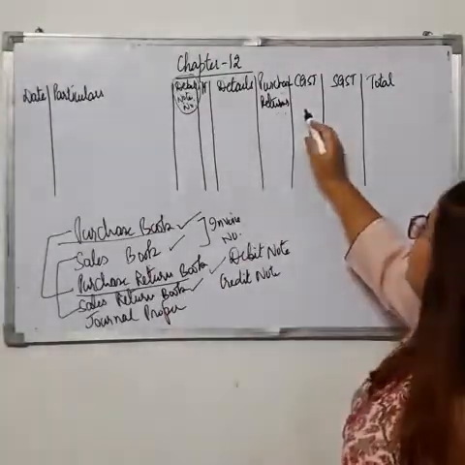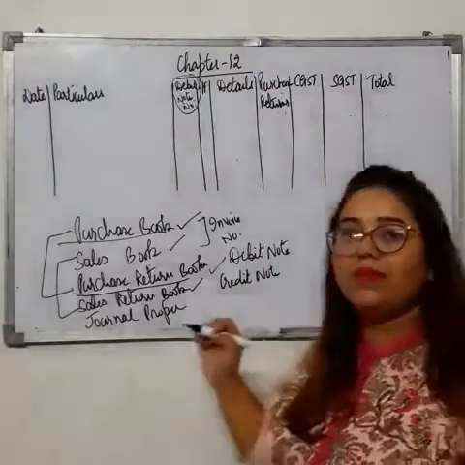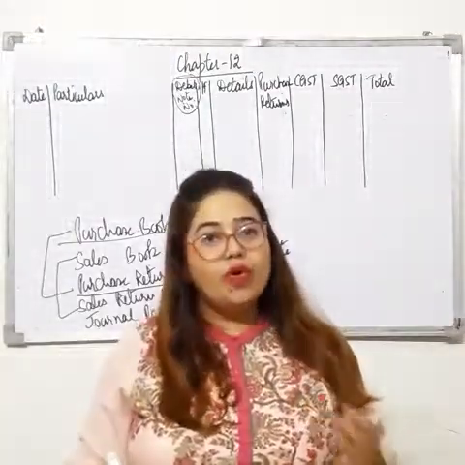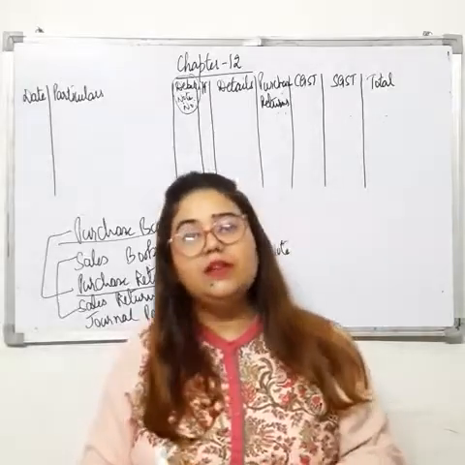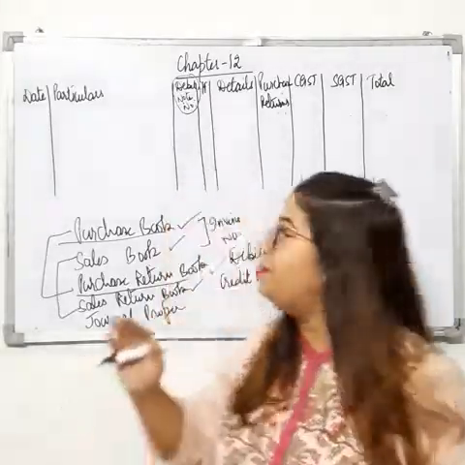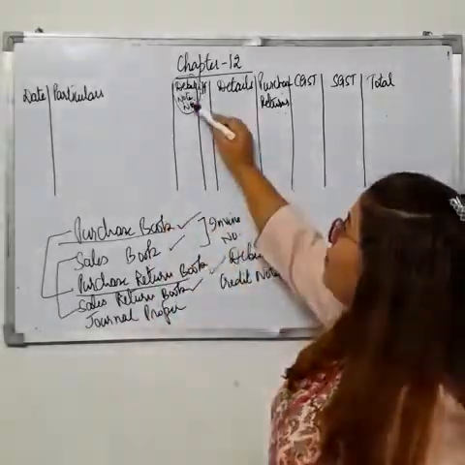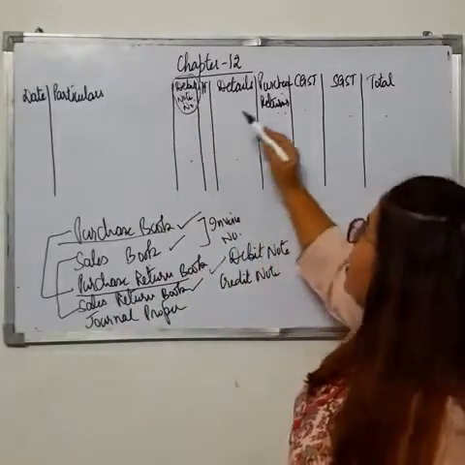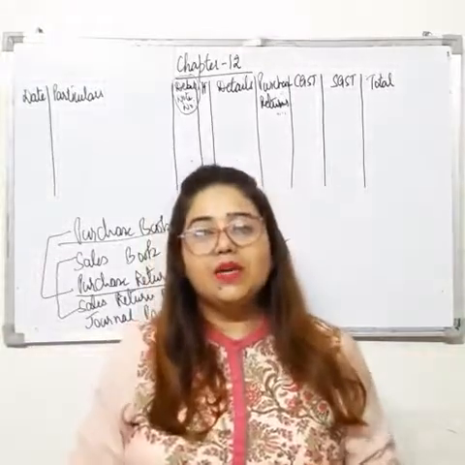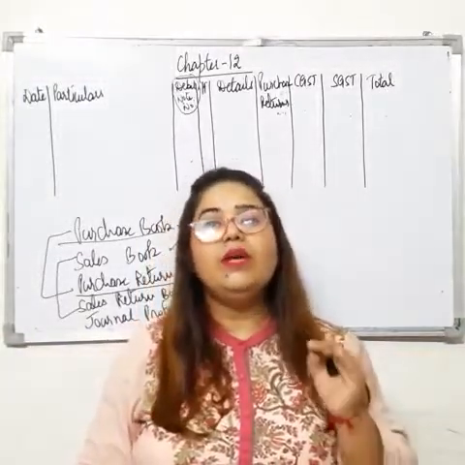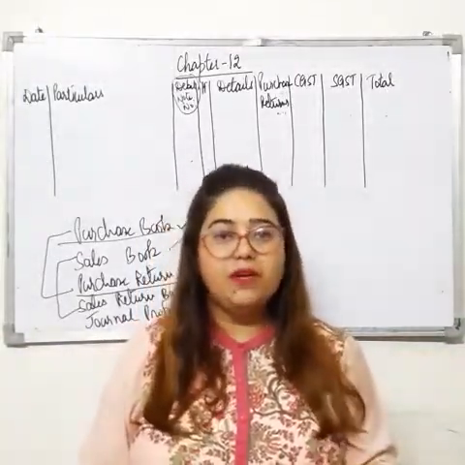That's it. Then CGST, SGST, total will be same. So there are no changes for recording the transactions in the books. Everything will be same except these 2 columns. One is the debit note column, another one is the name of the book that you are maintaining. Otherwise the treatment is same. Only one main thing you have to keep in your mind.